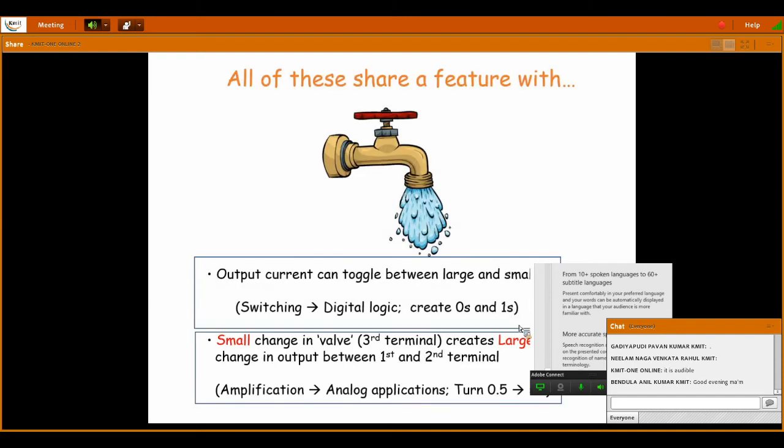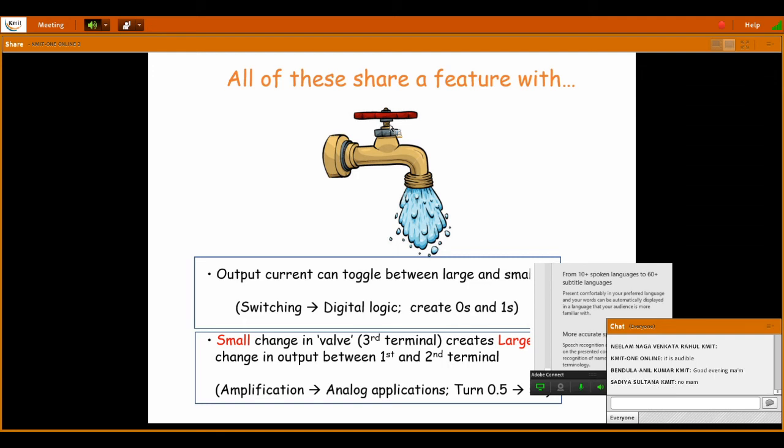Now, in order to introduce the BJT, we'll take an analogy: a simple tap of water. The tap is analogous to the operation of a transistor, where it has three terminals. One is the inlet, the other is the outlet, and another is the control unit, a switch, a screw which can be tightened or turned on. In order to have a flow of water, it should be in the on state. If it is in the off state, then we don't have any flow of water from the outlet.